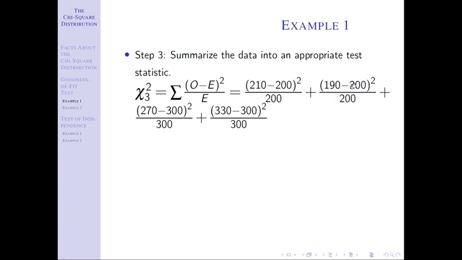Same answer here, because that's negative 10 in the numerator before you square it. Negative 10 squared is also 100. Make sure you note that when you square 10, you get 100. When you square negative 10, you get 100. Just be careful if you're typing it into a calculator.